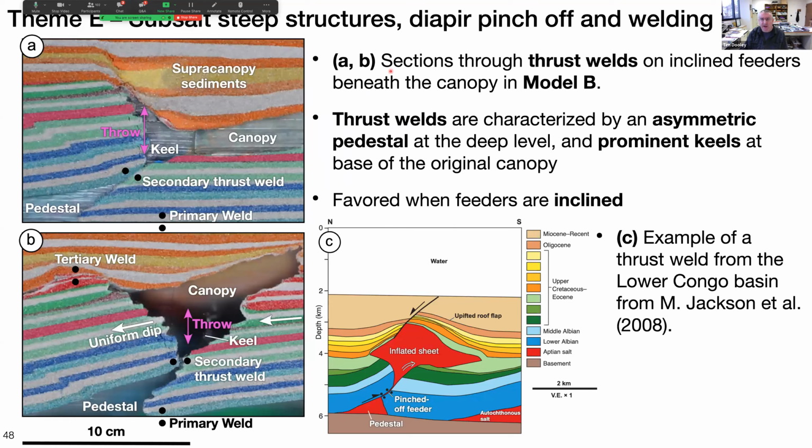And then on to the ending theme here. I just want to have a look at subsalt steep structures. And the first thing we see